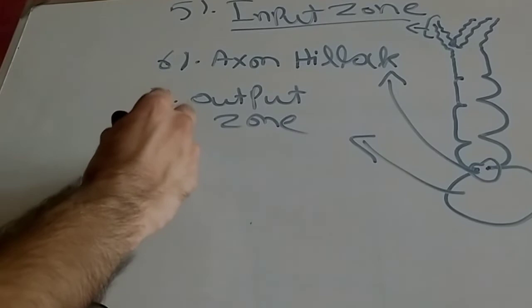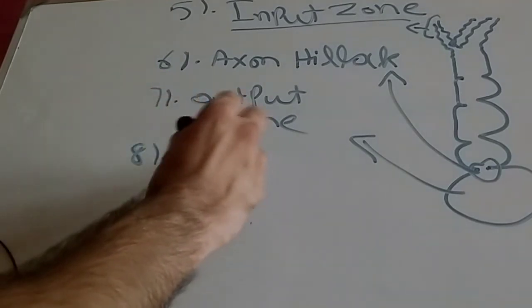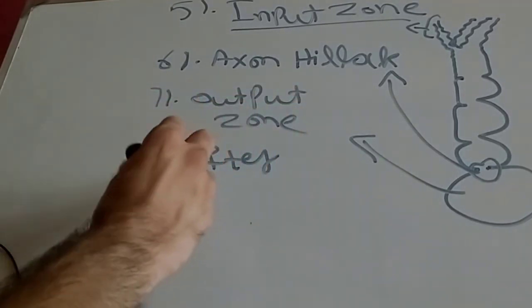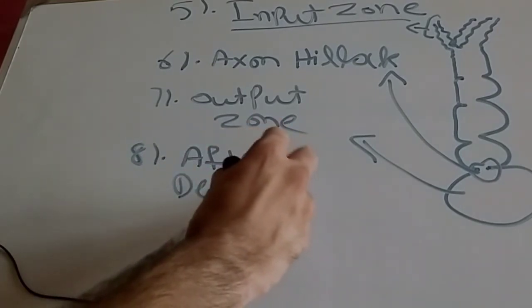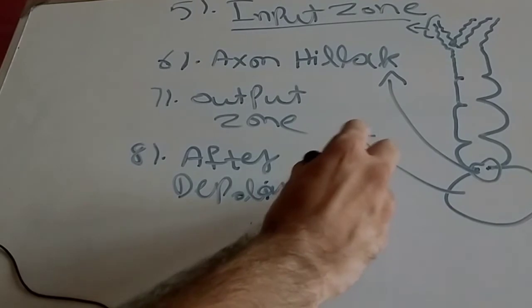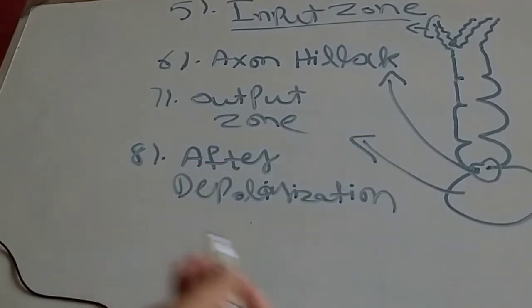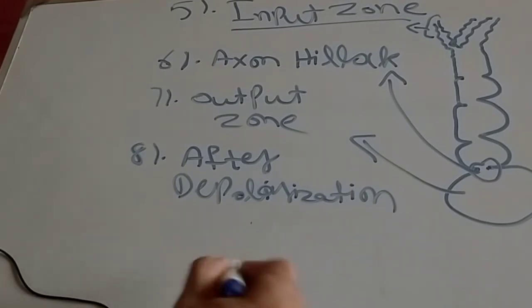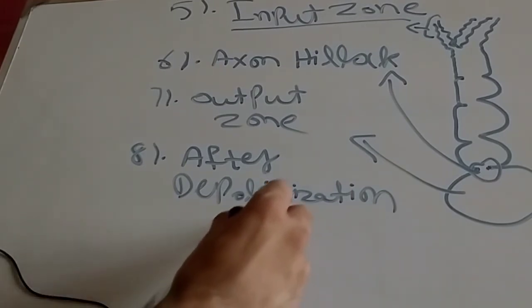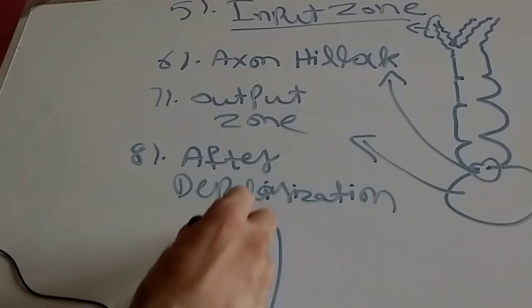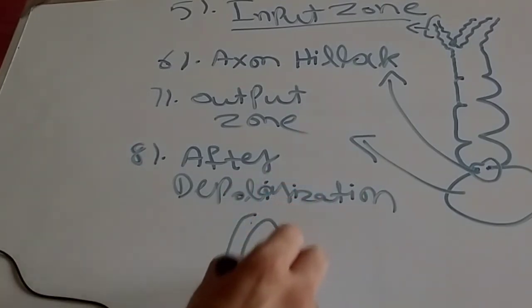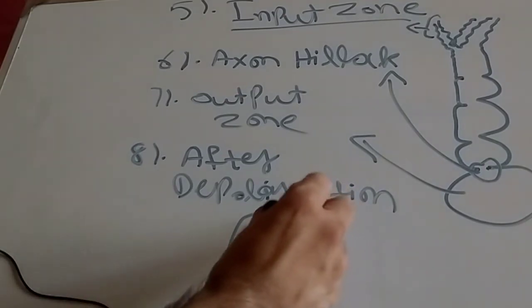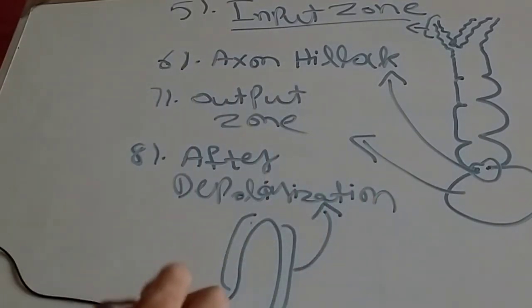Then we have the after depolarization zone. In a typical action potential pattern, this develops like this. This is the depolarization phase, and this is the repolarization phase. This repolarization phase is known as the after depolarization. Then we have